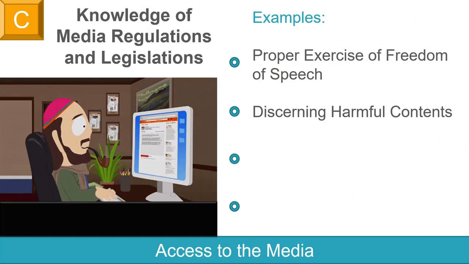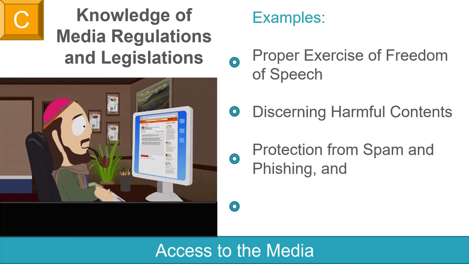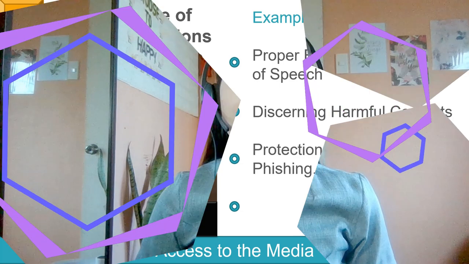Next, we have protection from spam and phishing. These two are really very common in the world of internet. Don't you use spam now? For example, if a seller wants the buyer to buy his products, even though the products are not that good, they try to spam the customers by sending their offers to their emails 100 times. Meaning to say, they keep sending their emails again and again.